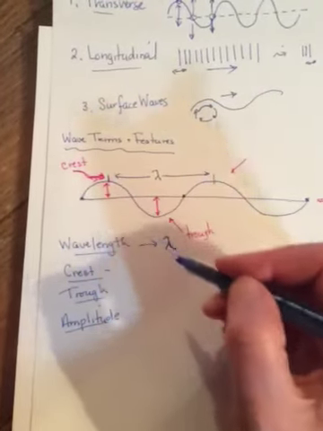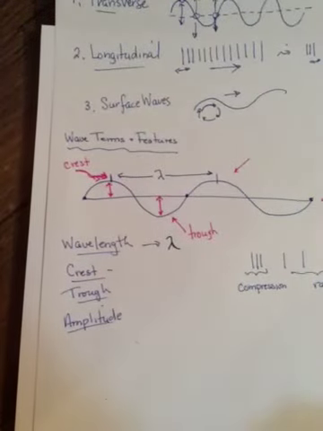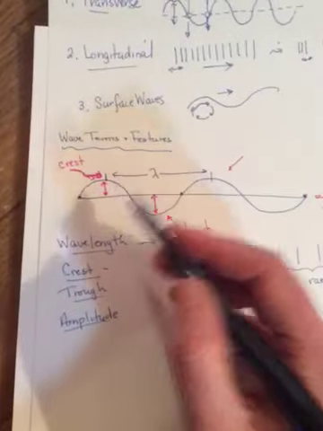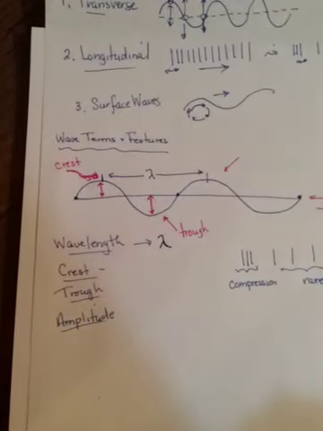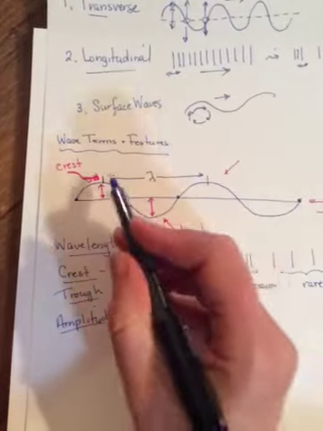Doesn't matter if it's above or below, so it can be either the positive displacement or the negative displacement. It's a distance, so the direction doesn't matter. So the amplitude is the distance from the equilibrium position to the maximum displacement, whether it's the upper one or